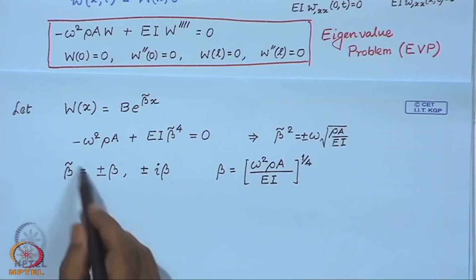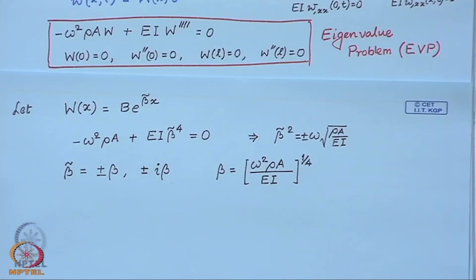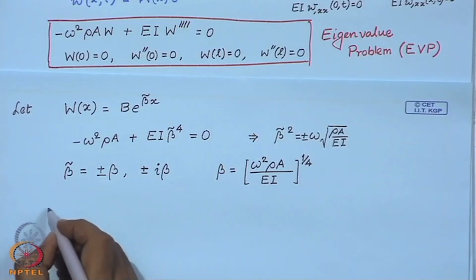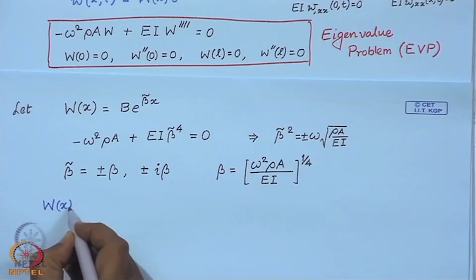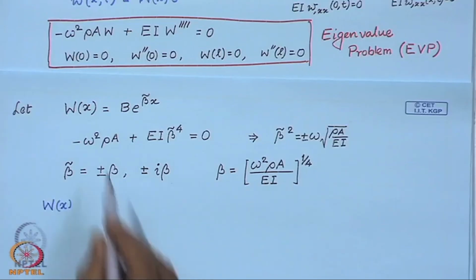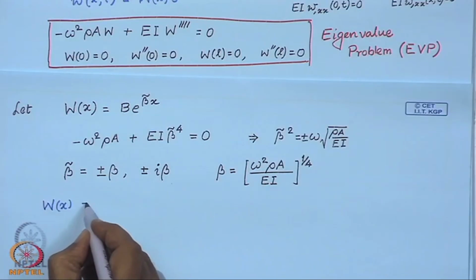Corresponding to these 4 solutions, the general solution of this function w(x) can be written as